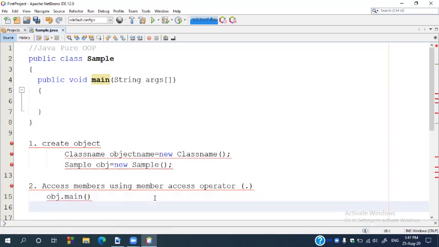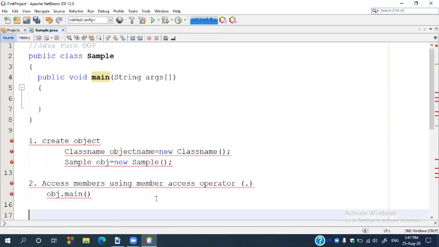But there is one situation where you need to access members without creating an object. Let's take an example. From where will the execution start in any programming language, whether it is C, C++ or Java?